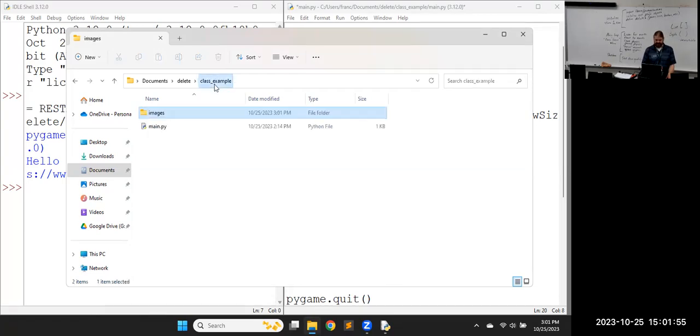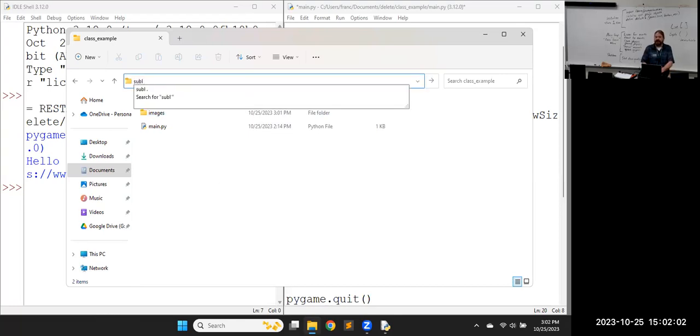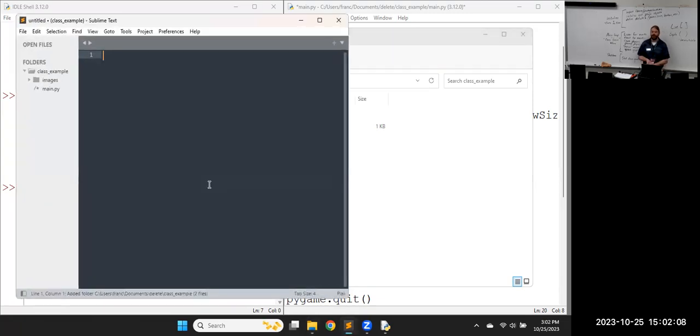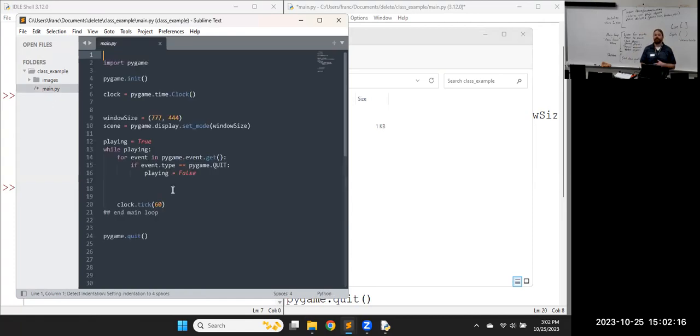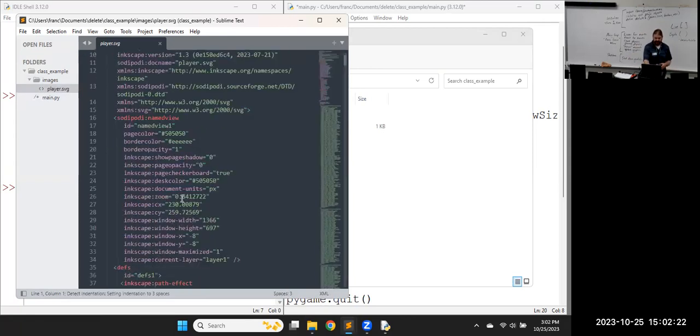Notice player.svg. I'm going to use a regular text editor here. I've been using IDLE, but I'm just going to open the Sublime text editor. That's the one I use just to look at that SVG. And then the dot just means current directory. Dot is how we type the name of the folder we're currently in. That works on just about any system. So here's that Python script we wrote. We already saw that. If I go in the images folder and open the SVG,